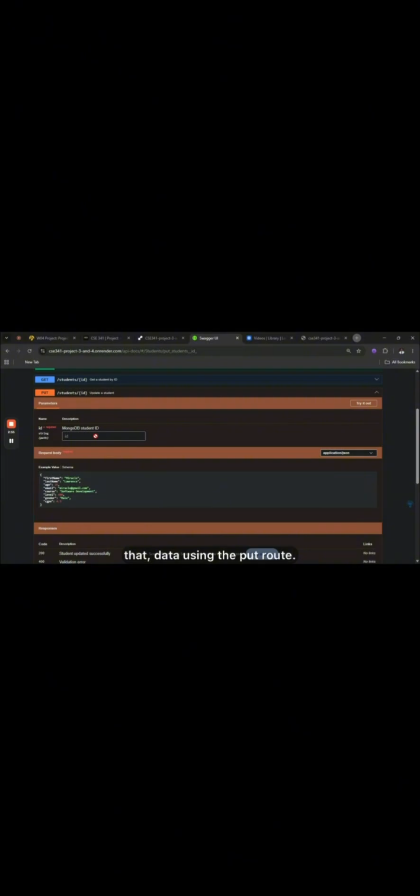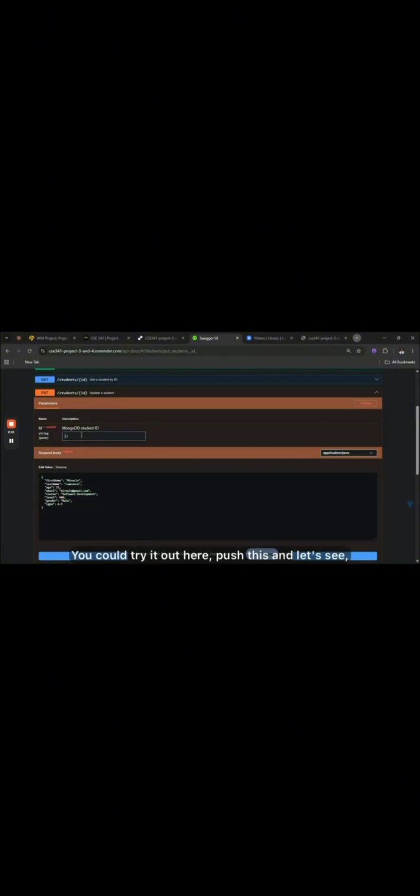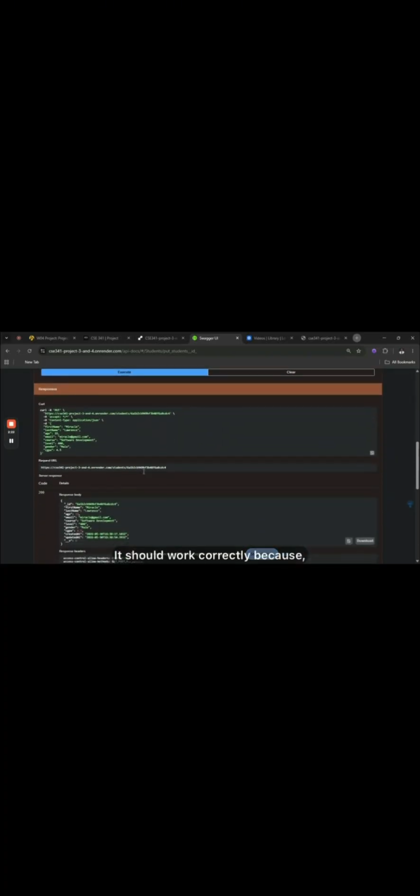Now I also want to modify that data using the put route. We could try it out here, paste this, and let's say I change that to 33 and execute. It should work correctly because the user is now logged in. Okay, but if I log out,